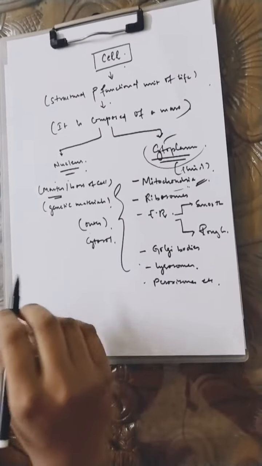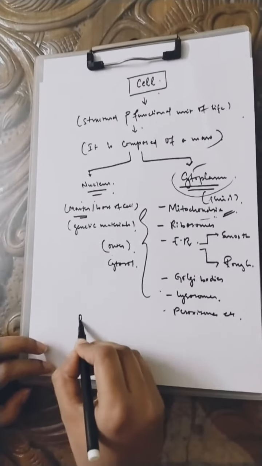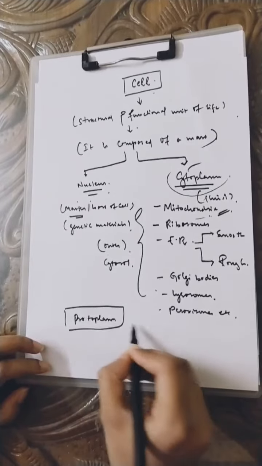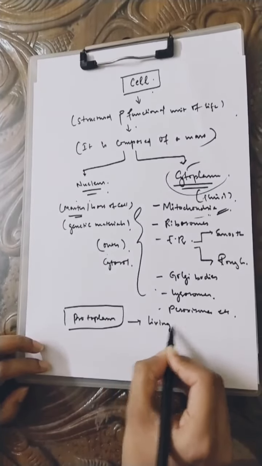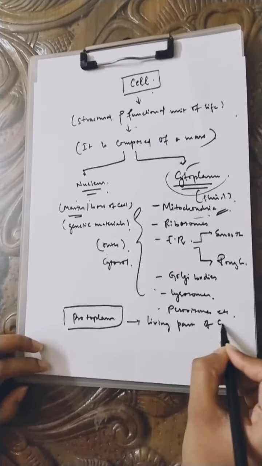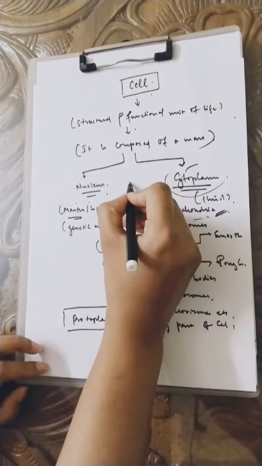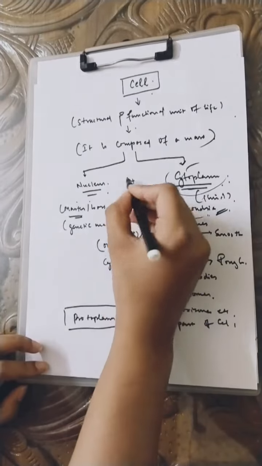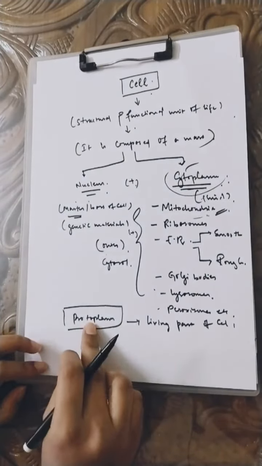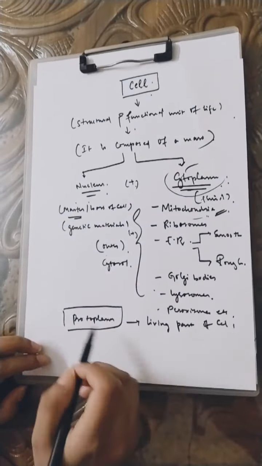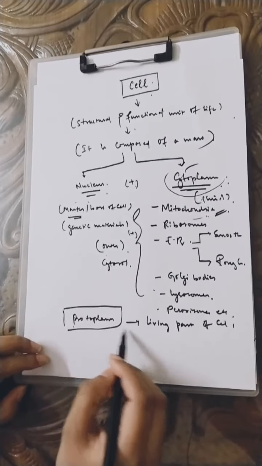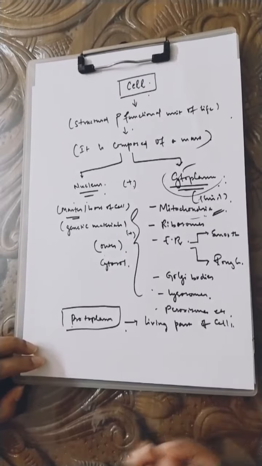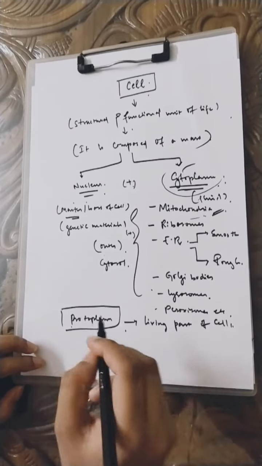When it comes to the protoplasm of this cell, what exactly does it mean? It is the living part of the cell, right? It consists of nucleus plus cytoplasm plus the cell organelles. The total, composed together, is called the protoplasm, which is the living part of this cell. So, when we move on to the cell membrane,